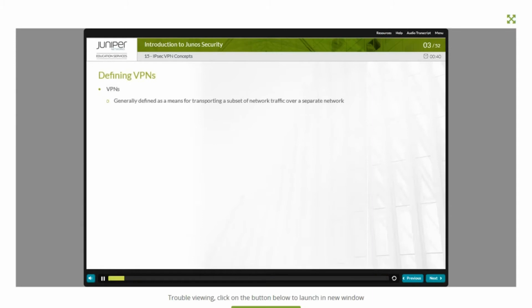VPNs are primarily used to transport private network traffic over a public network infrastructure. The term VPN has been used broadly in the networking industry for decades. For instance, the networking industry has referred to X.25, frame relay, and asynchronous transfer mode or ATM infrastructures as VPN